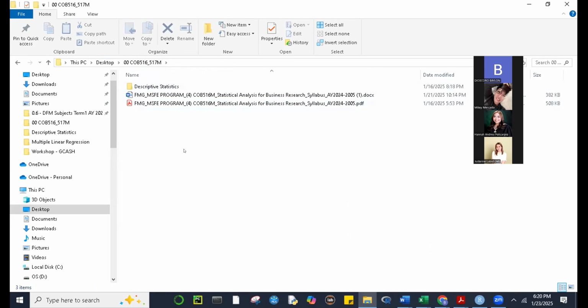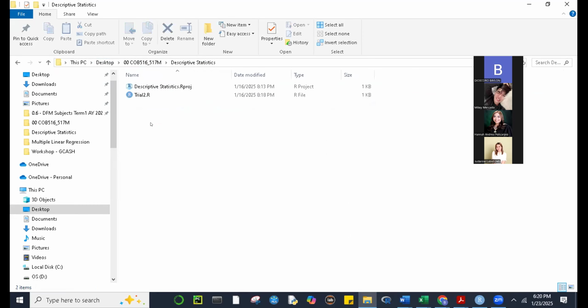We said that it's important to create a project whenever you're working on something, okay? Because the project will safeguard your data. Okay, it will allow you to work on your data, and even if something happens like power failure, you're safe. Your data will not be